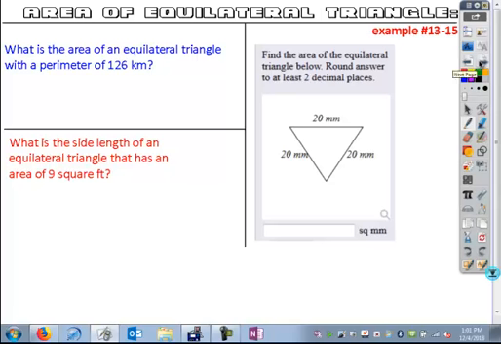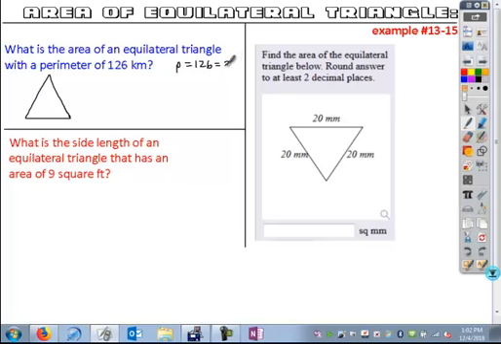An equilateral triangle, which again is an isosceles as well. So we're going to use that same idea. And so if I were to try to find the area of an equilateral triangle with a given perimeter. So if I sketch what I have, if my perimeter is 126 and a triangle has 3 sides of the